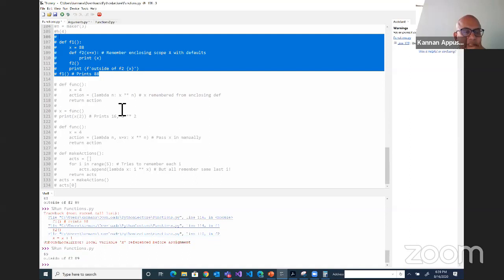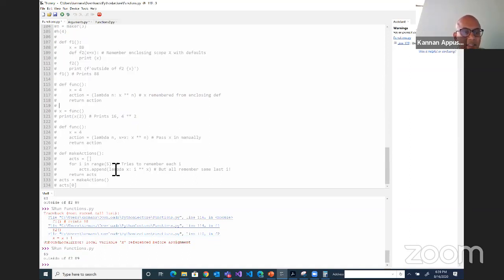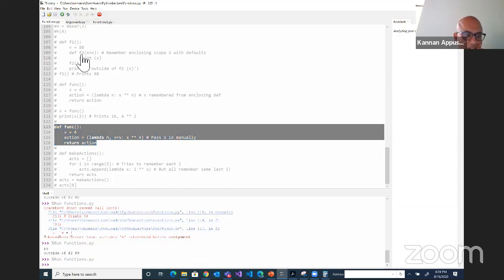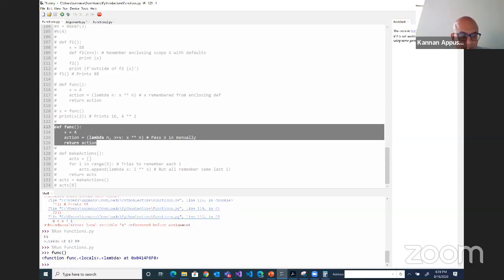Okay, so we've reviewed this action thing. There is another way of also handling this action variable. So if I run this function with X equals 4, same thing, right? If you call this, it'll return a value. So let's say H equals